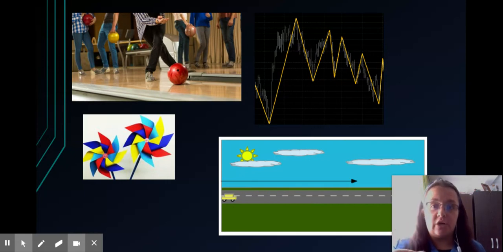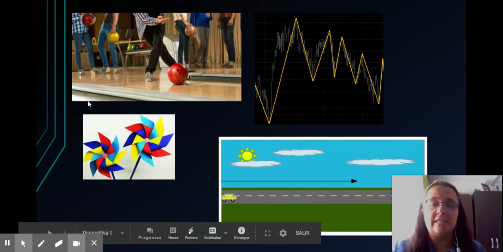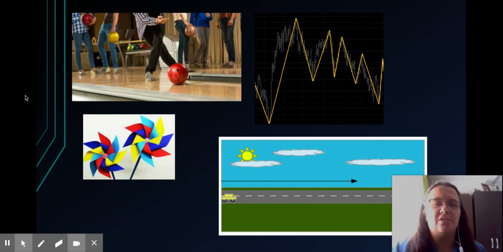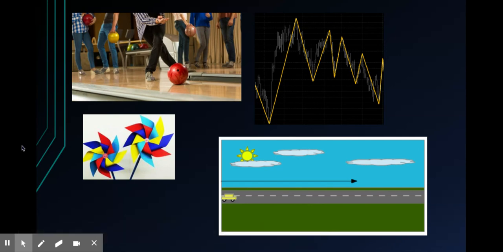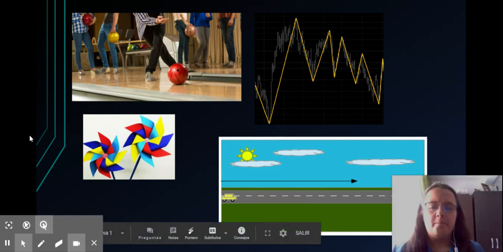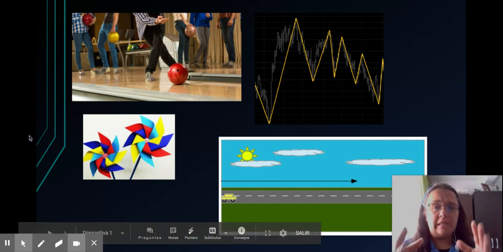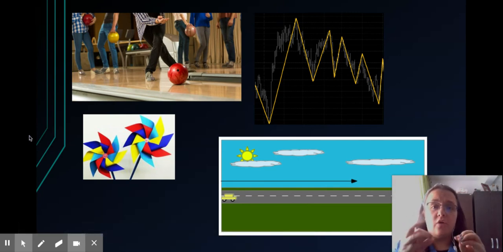First, we are going to observe the pictures that appear here in this slide to see what they have in common. Let's observe. You have 30 seconds to do it. Well, guys, as you can see, these pictures have in common that they are showing that objects are moving in